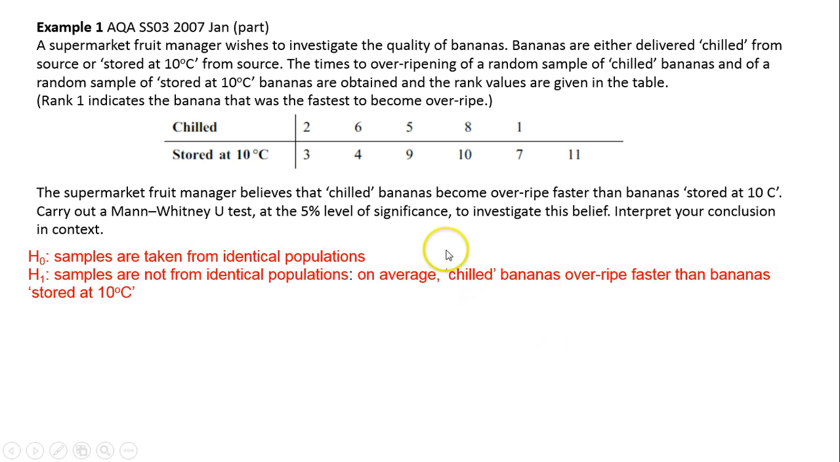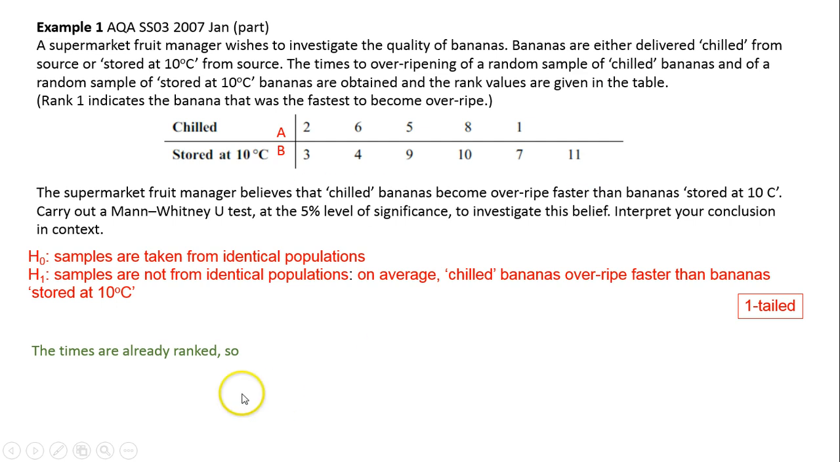So we are testing that the samples are taken from identical populations, that there is no difference in the means, against that the samples are not from identical populations. That is, on average, chilled bananas become overripe faster than bananas stored at 10 degrees Celsius. So it's one-tailed. We want to check that chilled bananas become overripe faster than the other ones. If we call them A and B,